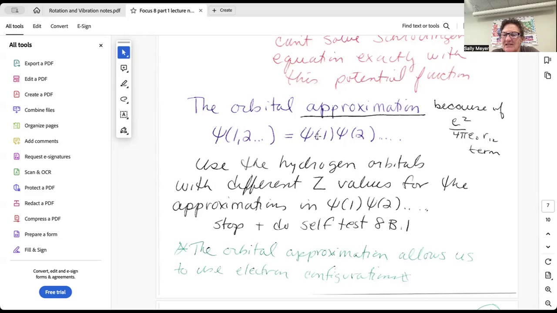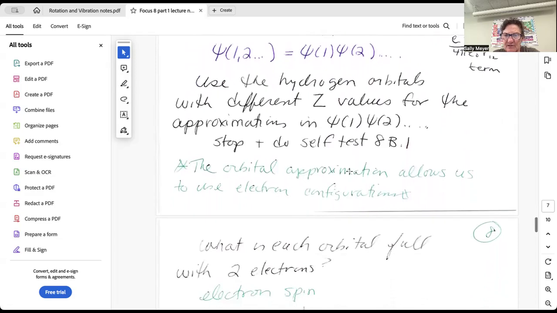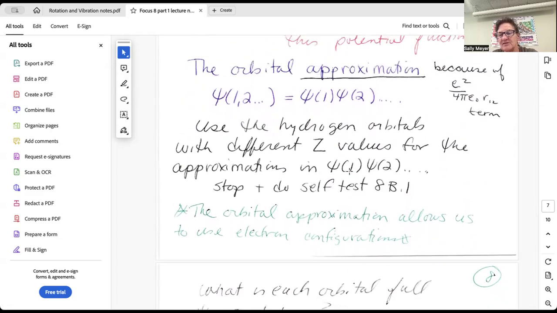You wouldn't just take hydrogen orbitals directly. You'd make sure that you replaced any place where z comes in with the proper z for whatever it is. So if you're talking about helium in an excited state, maybe 1 electron in a 1s and 1 in a 2s, each of them will have a z of 2 instead of a z of 1. So stop and do self-test 8B.1, which asks you to create one of these orbitals, which are a function of